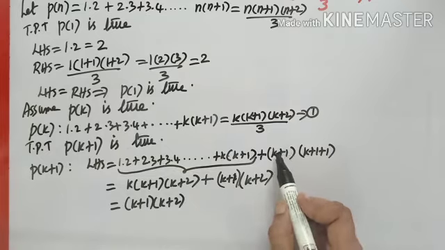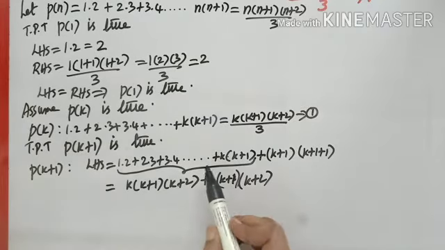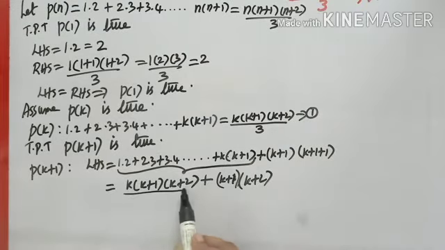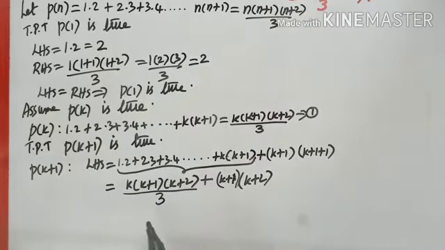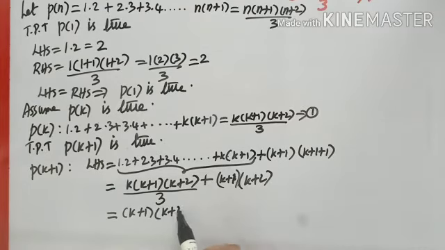Simplifying that, k plus 1 into k plus 2. This 1 into 2, 2 into 3, 3 into 4 up to k into k plus 1. From here I can write k plus 1, k plus 2 by 3. Now in the two terms, which is common, we can take out. k plus 1 is common. Also k plus 2 is common. What is left out? If I take k plus 1 and k plus 2, k by 3 is left out